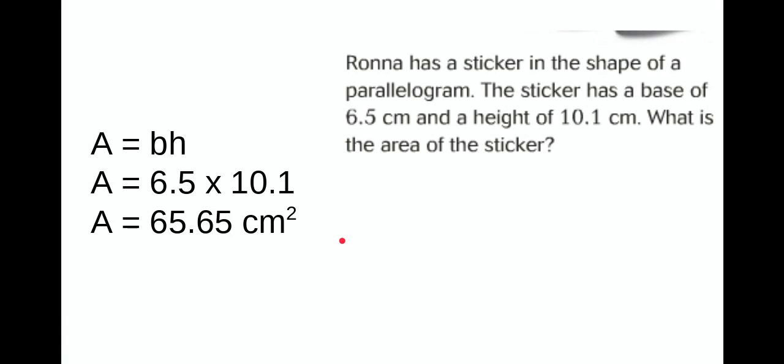All right, this one, I had to update the video. Shout out to Diener here. I made a mistake on this one, and I don't know if people didn't notice or maybe you just assumed I was right. This one is your base times your height because it's a parallelogram. You have your 6.5, you have your 10.1. You need to multiply them together. On the original video, I had down the wrong answer. The answer should be